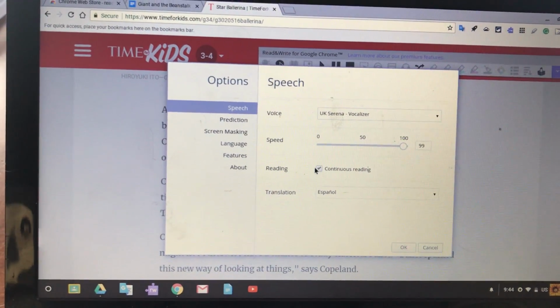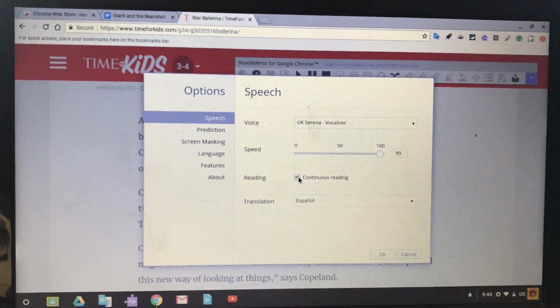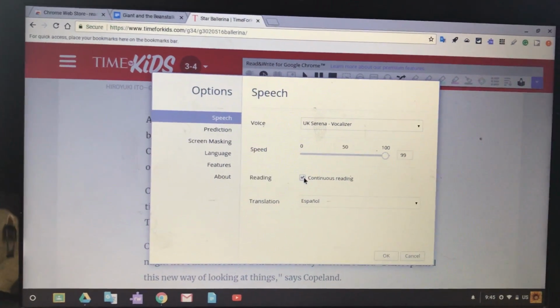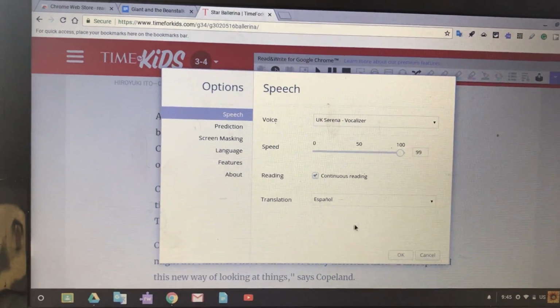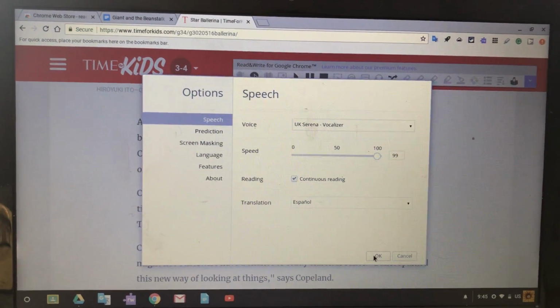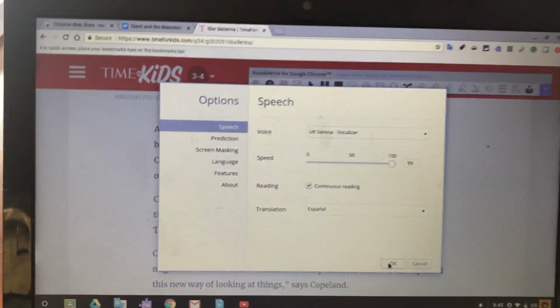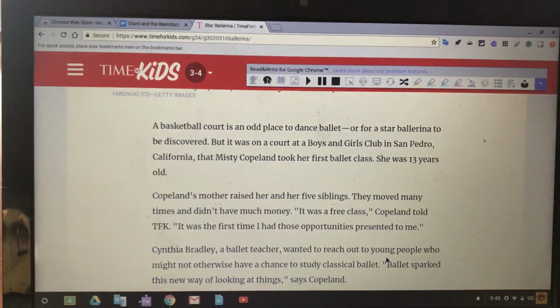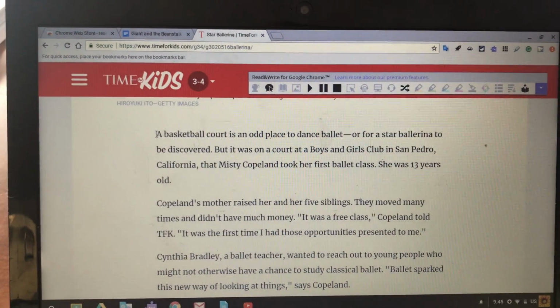You can also click continuous reading, which I prefer, but you can uncheck it and that sort of makes it stop after each sentence. So let's see what it sounds like with our British accent sped up. Highlight my text again